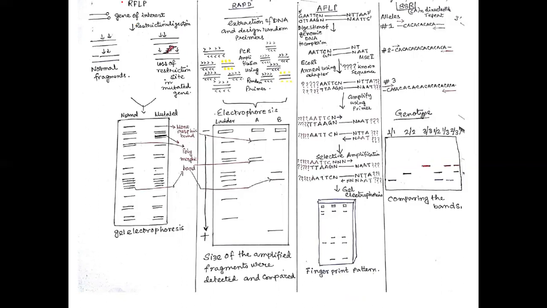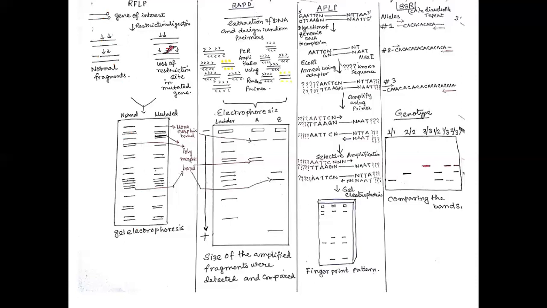Now, suppose in a restriction site, some bases get changed, and due to the change of the base or nucleotide, the restriction site can get modified. As a result, in different individuals, we can get different band fragments from RFLP. So suppose we have taken a particular DNA and we have treated it with restriction digestion. In the normal case, suppose we get this type of restriction fragments.